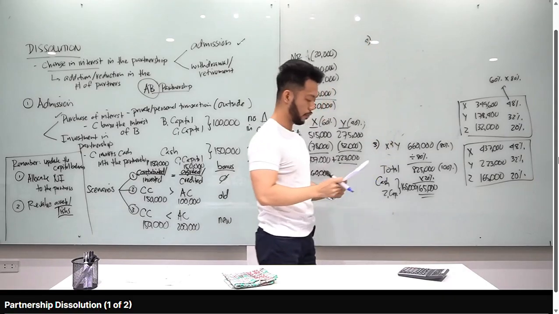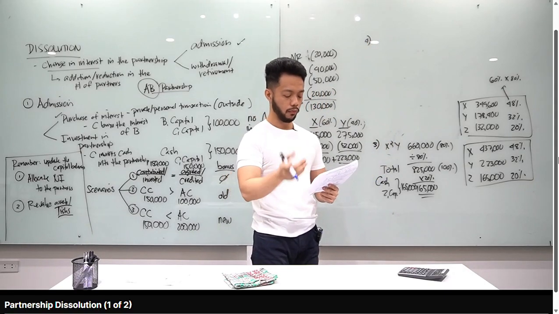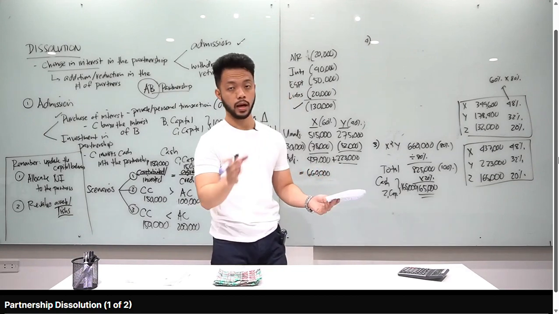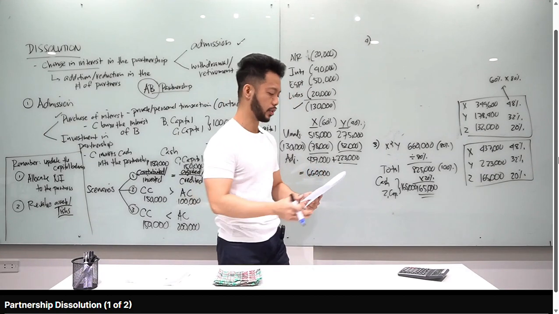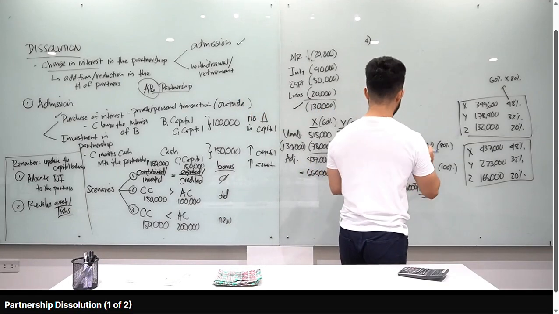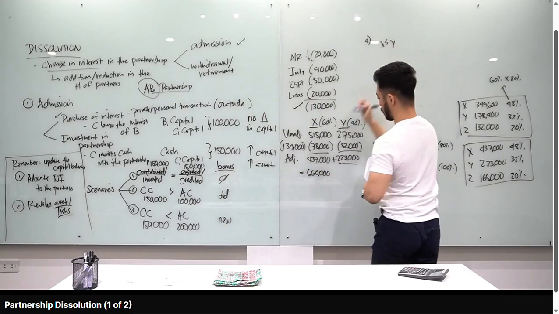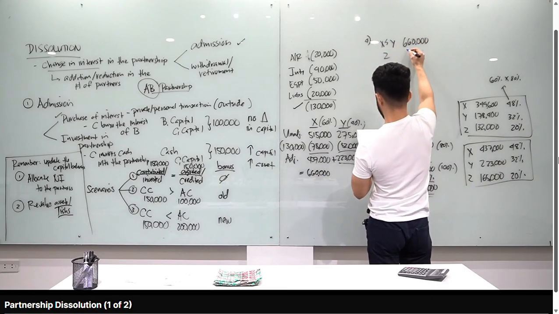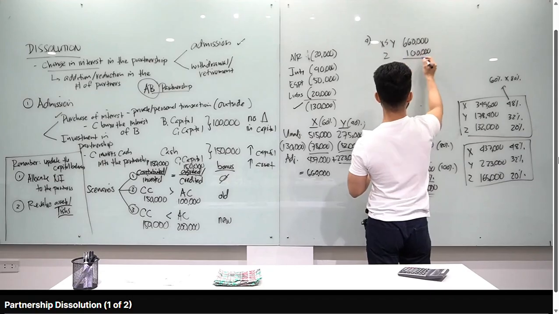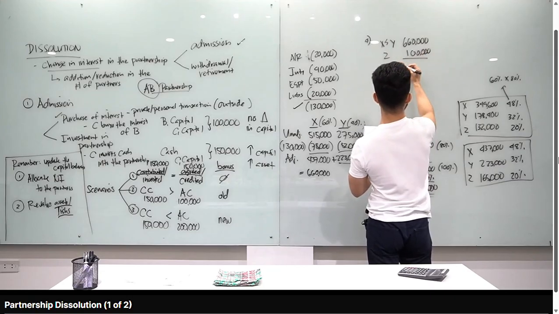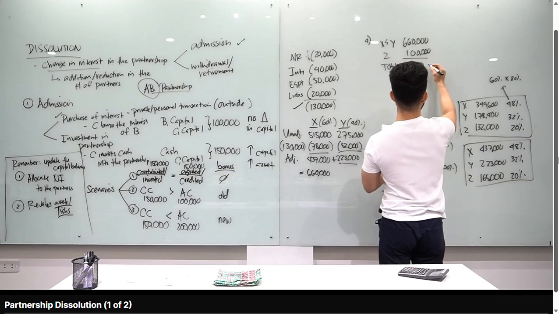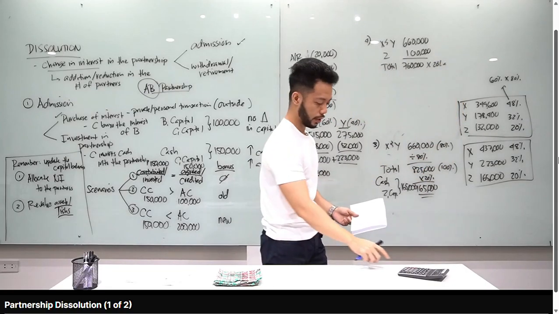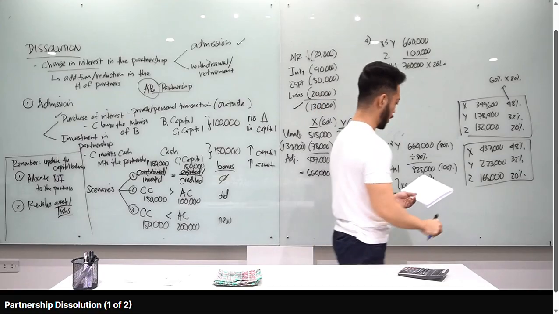Okay. Scenario number 4, Z invests 100,000 for a 20% interest in the net assets and profits of the partnership. Pag sabi mo net assets, assets minus liabilities, yun din yung capital. Ang mangyayari dyan class, si X and Y, yung capital nila is 660. Tama? And then, papasok si Z. Ang i-invest daw niya is 100,000. 660 plus 100, yung total capital of the partnership is 760,000. Ang gusto ni Z is 20%. 760,000 times 20%, 152,000.